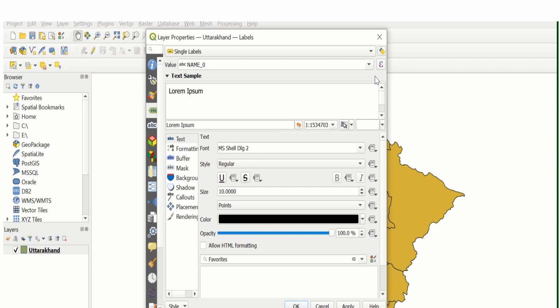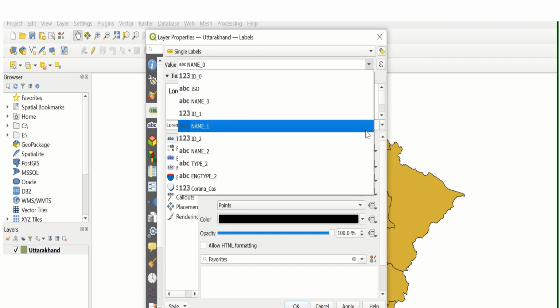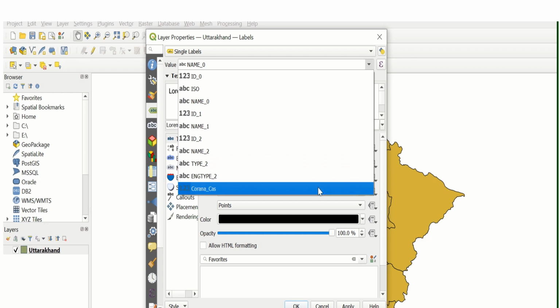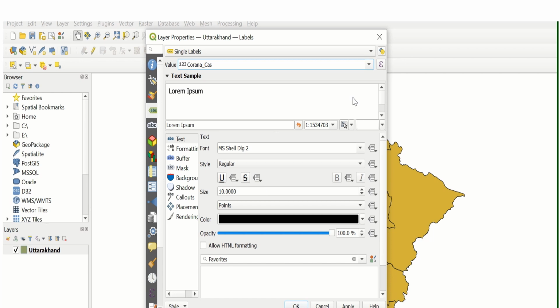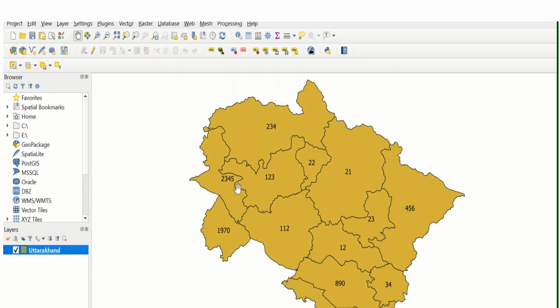I mean, that is sample data we have taken. So we have to select the corona underscore case value. Then we have to click on apply and OK. See how the district wise corona case values are updated here.